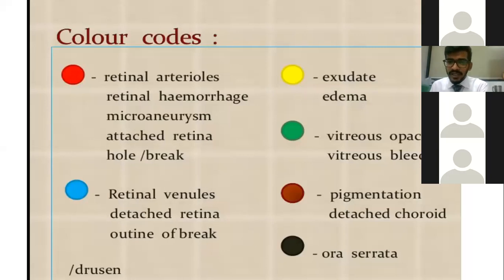Anything in the vitreous is green. These three color codings are very constant and you should be very well aware of how you should draw them. You can't draw a vitreous hemorrhage red in color. Because it is a hemorrhage, you can't draw it red, so that nobody will pardon you. Correct.